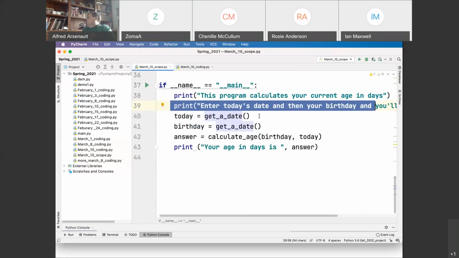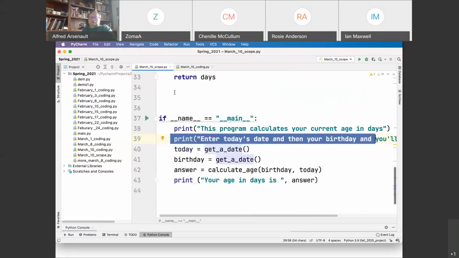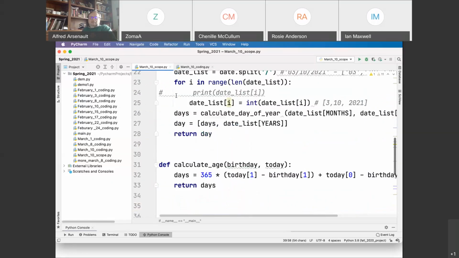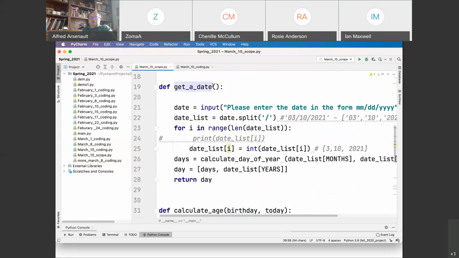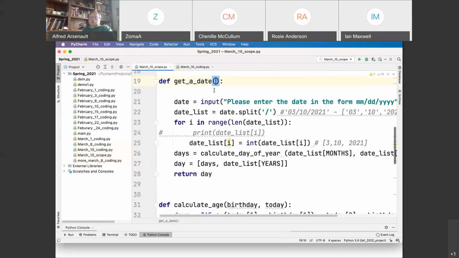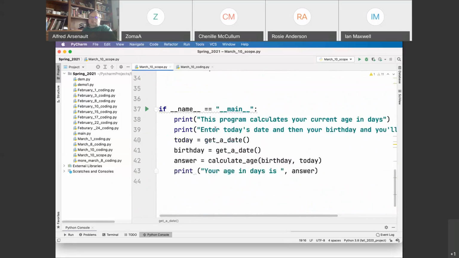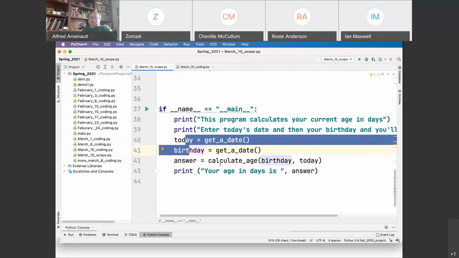Now there are no arguments. Remember, get a date up here takes no parameters because I'm not passing anything in. I'm not passing anything into the function, so there's no parameters, there's no arguments, but there is a return, and I need to store that return here, and I need to store the return here. Then, given these two values, I can call calculate age to get the answer, and then I can print it